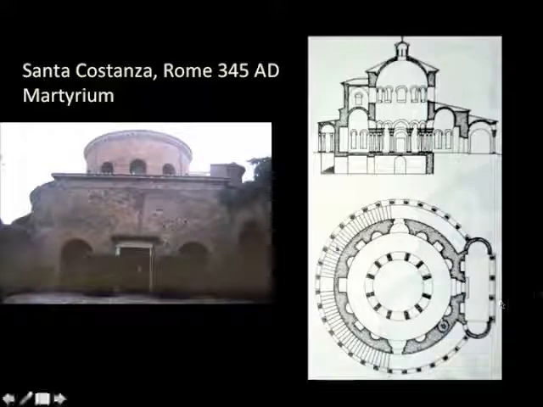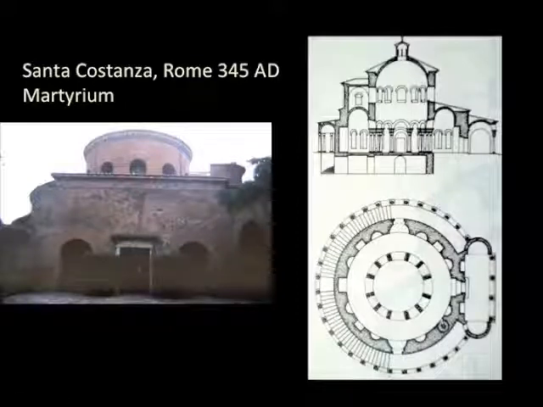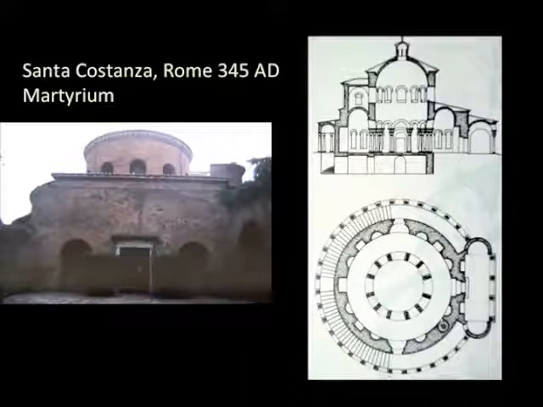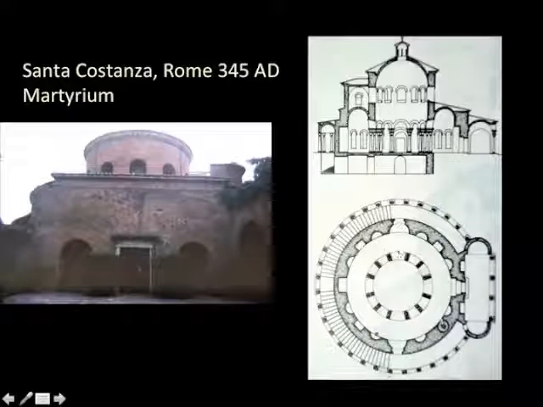Notice when we look at the plan of Santa Costanza, it's almost a tholos inside out, right? Remember the Greek and Roman type of tholos, where you have the cell on the interior wrapped by the columns. Here we have the solid perimeter with columns on the inside. Or you might say it is like an onion. You're slicing through a series of concentric rings so that it's possible to have an experience of it that involves the exterior, but the real experience would be the interior.